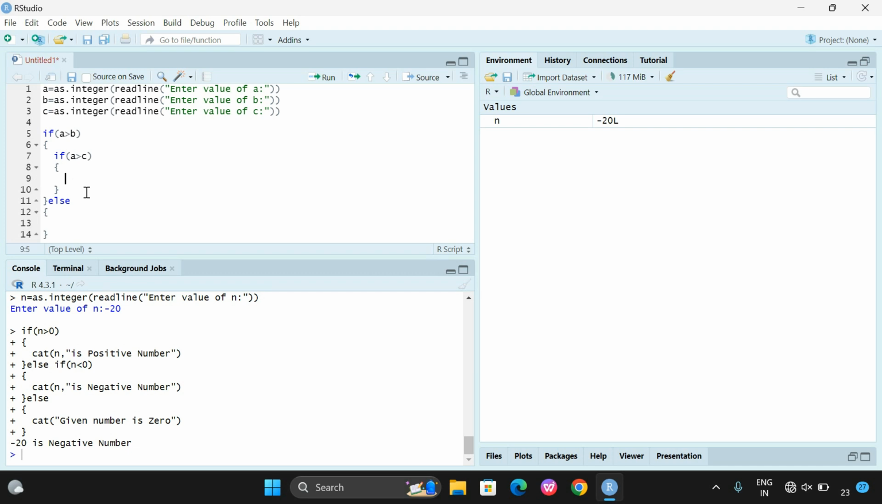So again here we'll be having a true and false. So if a greater than b, obviously a can be larger or c can be larger. If a is greater than c, a will be the largest element, or if a is less than c, c will be the largest element. Okay, so here we can write it as,